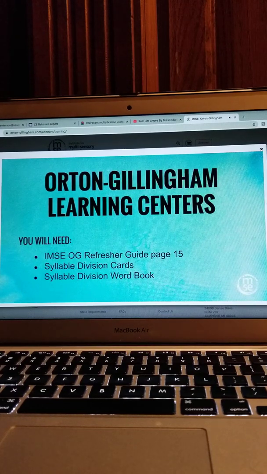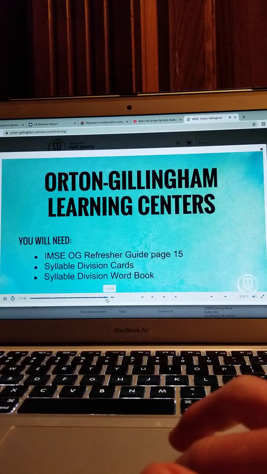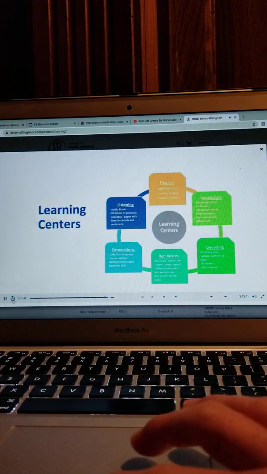I'm going to touch briefly on all of these components in the Learning Centers and decoding section. This is something that you're going to find yourself doing